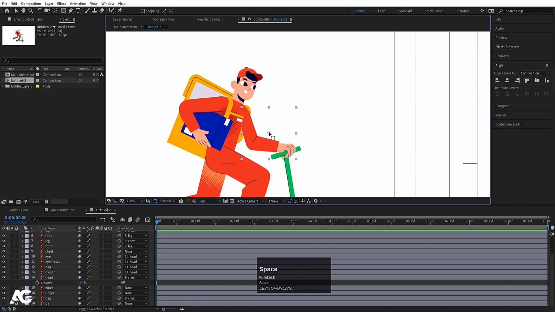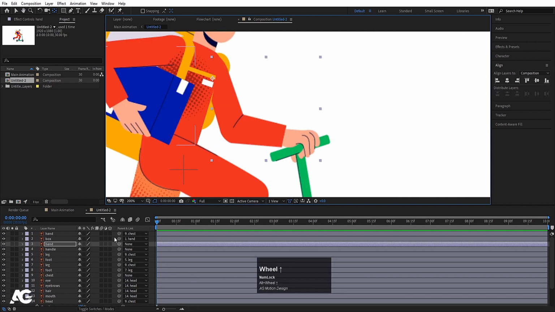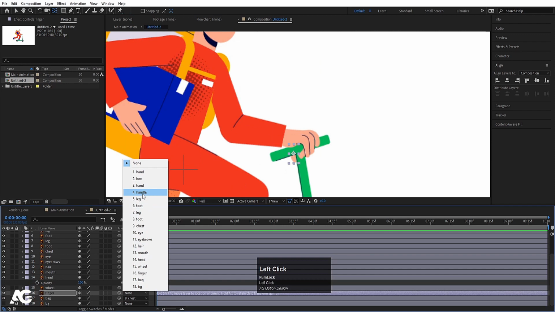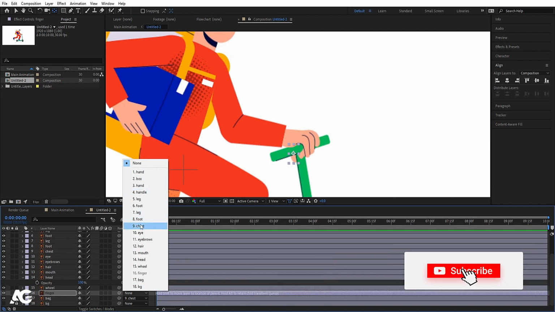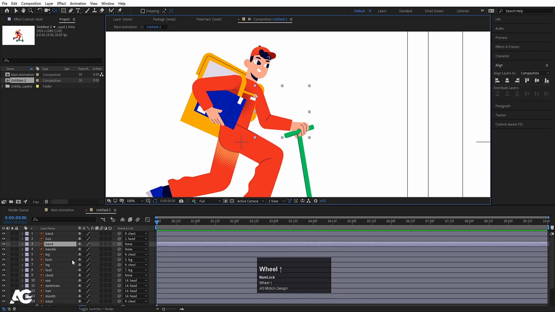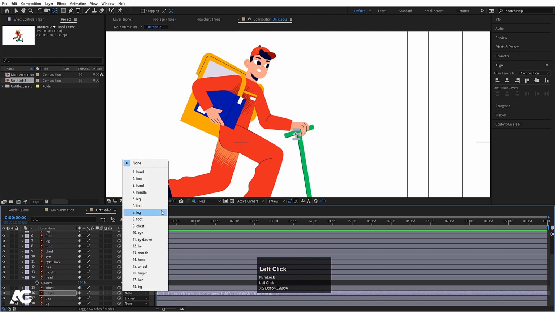So let's select this hand, I'll move this anchor point over here. Then we have one what we call finger over here, which is the backward finger. We'll select this and move this, let's make it a parent with this hand. Let's see where it is. So this is, as you guys can see, a third layer. So what we are gonna do, we will select this, we will go to this option and we'll choose third